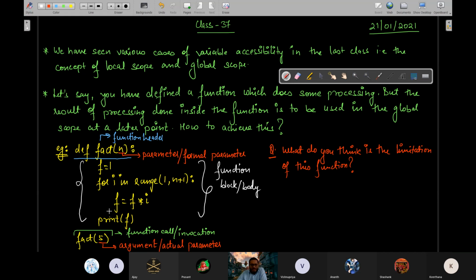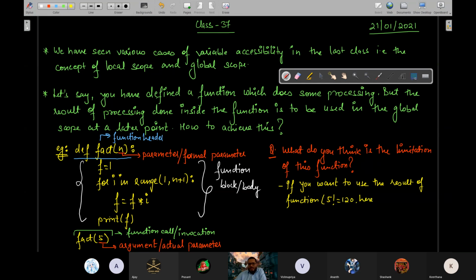the thing, Anand. The main issue with this is, the answer is, if you want to use the result of the function, and what is the result generated by the function? 5 factorial is equal to 120 here.